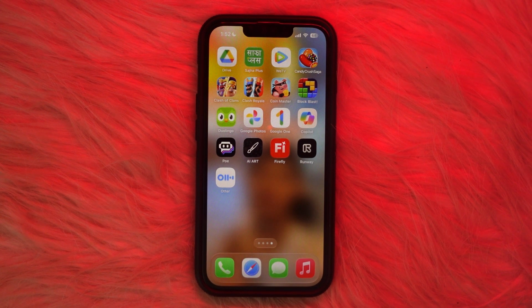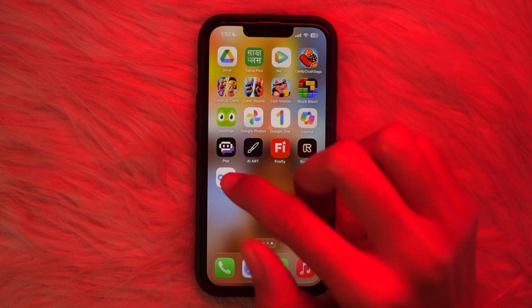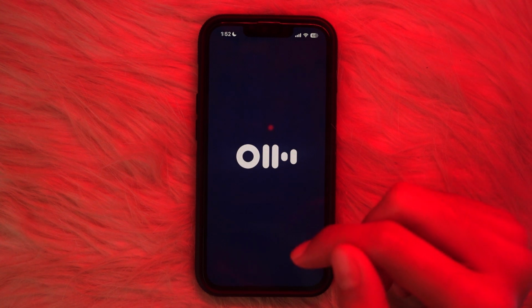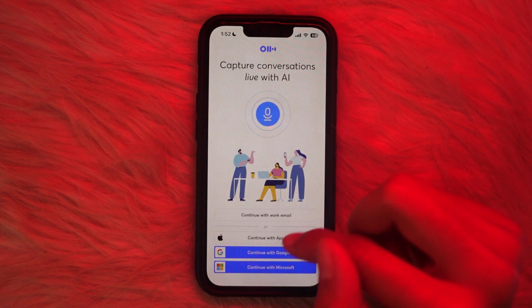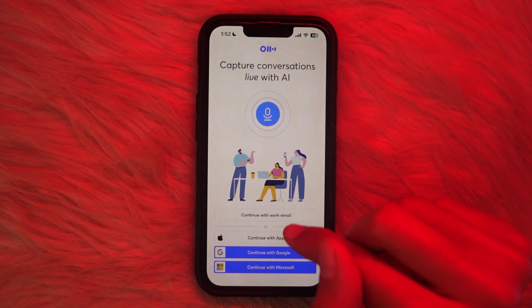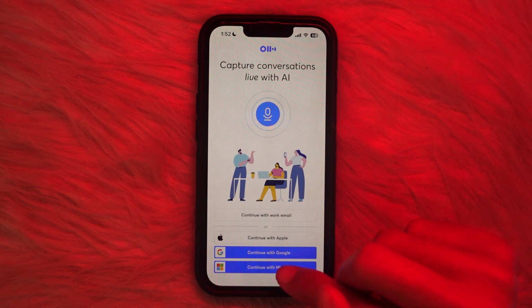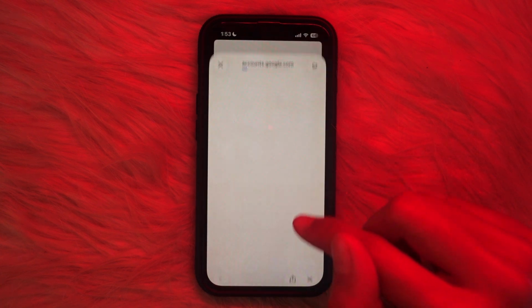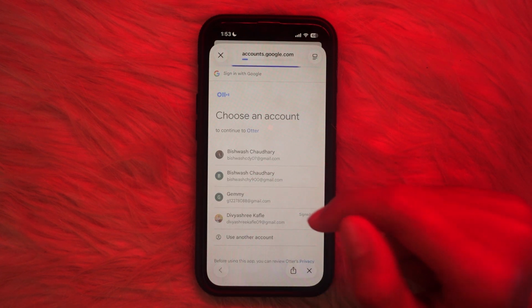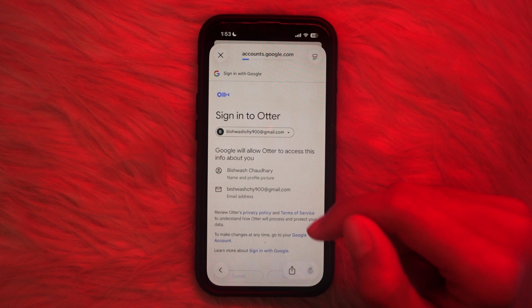In this video I'll show you how to sign up into your Otter app. For that you need to open your app, and now what you need to do is continue with your work email or your Apple or Google or Microsoft account. You need to choose one of these platforms. Just choose one and tap on the continue button and select your account if you have got multiple accounts, and then